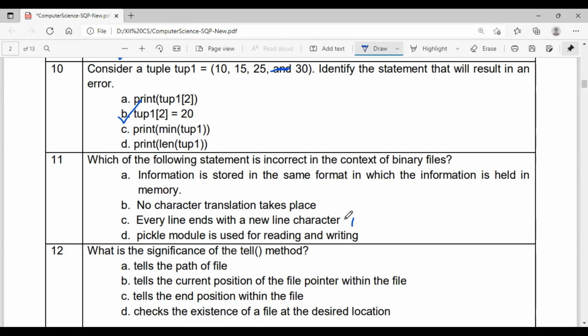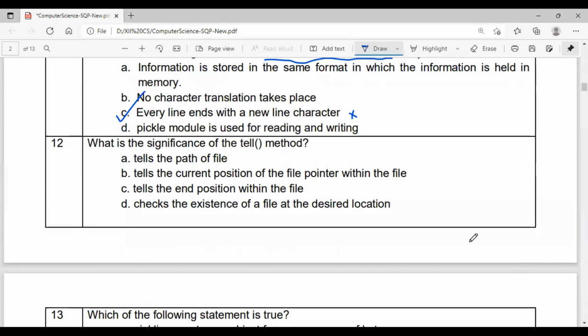That's not true. The new line character is with the text file and the CSV file. Pickle module is used for reading and writing. That is also true. You have to import the pickle module for reading and writing the binary file. Here it is asked for the incorrect statement with regard to binary files, so option C is the answer to question number 11.